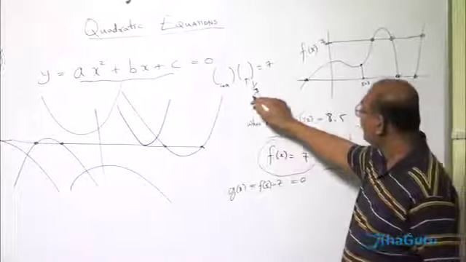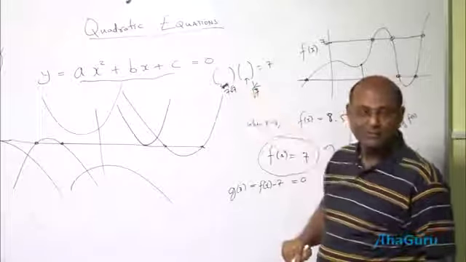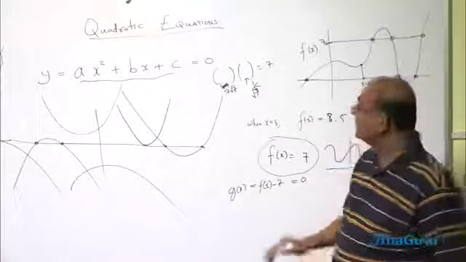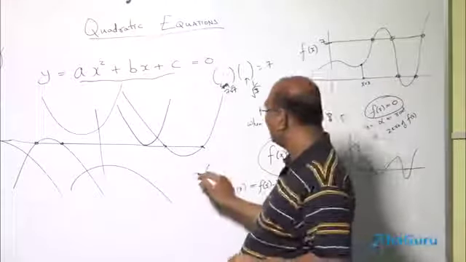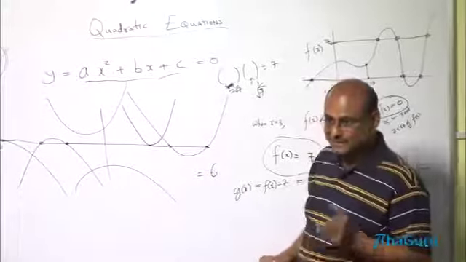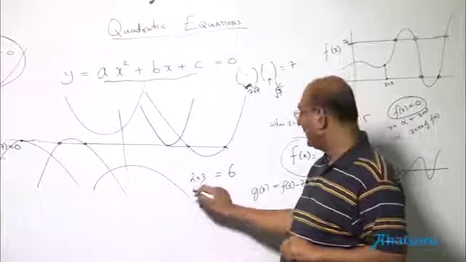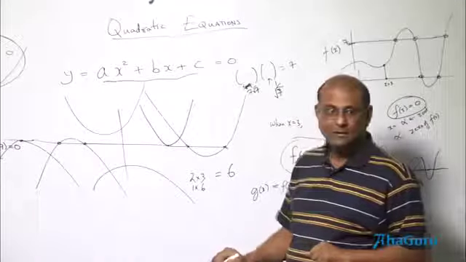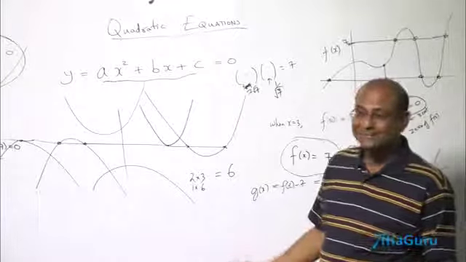It could be 1 by root 7 and that could be 7 root 7. It could even be irrational. Right? So therefore you can't decide what these factors are. See, we usually say if I have 6, product of 2 numbers is 6. You say, oh, it can be 2 into 3. It can be 1 into 6. What are the other possibilities? 1 by 6 into 3. But there are millions of possibilities.